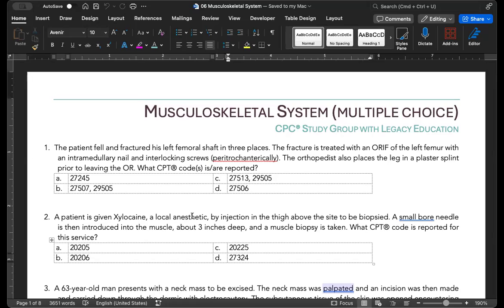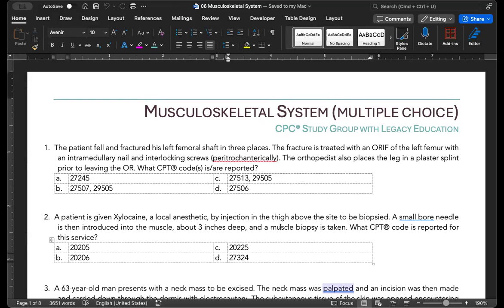Most of your codes are going to be broken down or grouped together by the anatomic location, and then different procedures that are performed on those different anatomic locations and groupings. So that's the big thing to remember with all of your musculoskeletal codes: whatever procedure you're doing, whether it's a repair, internal fixation, things along those lines, make sure that we're looking at the correct location and the correct bone that it's being performed on. That's where it's easy to get a little bit mixed up and thrown around